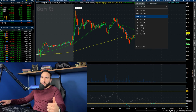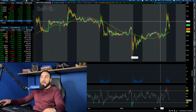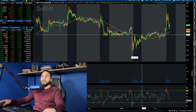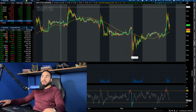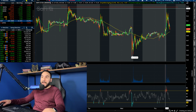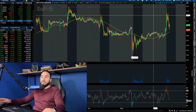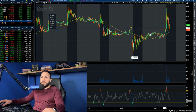So earlier, we were up like 3-4% on SoFi, and we did take out the highs from yesterday, right, being Wednesday, and from Tuesday. We took out the Tuesday high as well, but not the Monday high, which Monday looks like we peaked out at about 15.40, 45 in that ballpark. So we did not break out of there. In fact, we got rejected at that point, and now we're pretty much right back to $14.90, $15,